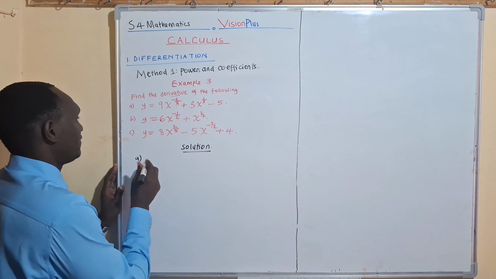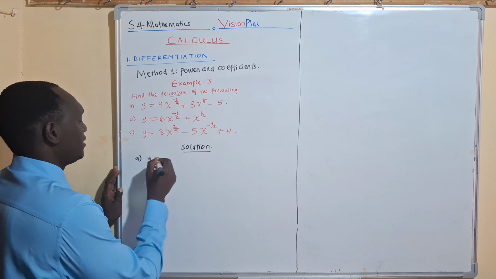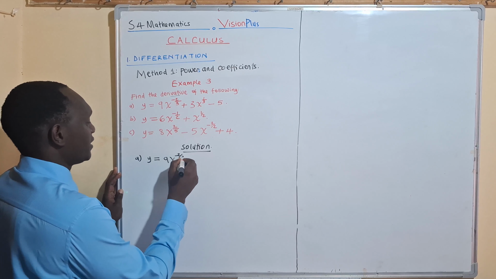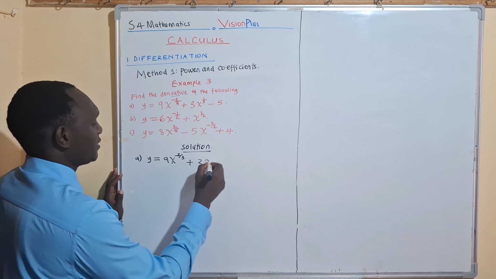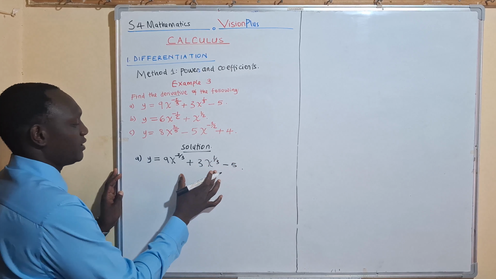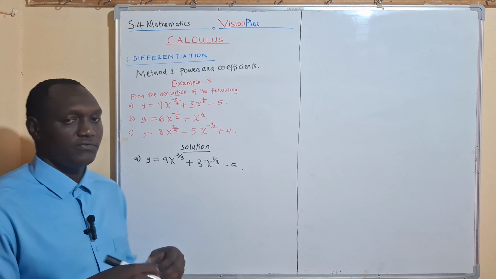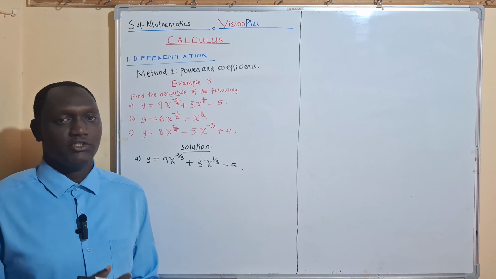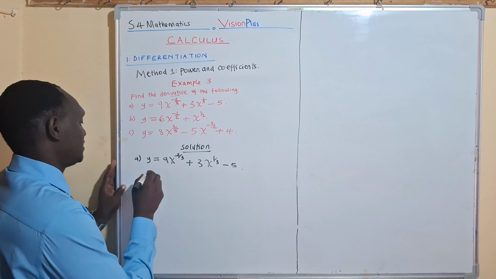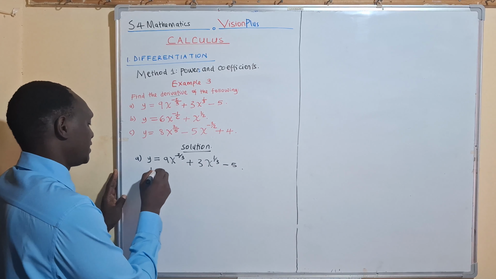Part A, we have the function y equals 9x power negative 2 out of 3 plus 3x power 1 out of 3 minus 5. If you look here, there is no variable x on the denominator. That means we can go straight to differentiate. This means that dy/dx here becomes,